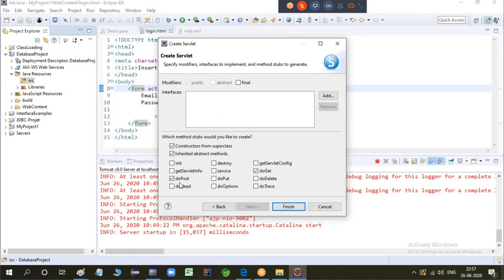Next. I don't want to do post or constructor or do get, just service method, and finish. Okay, your class is ready. I need a form data, web component. You can create a folder and give it as web component.